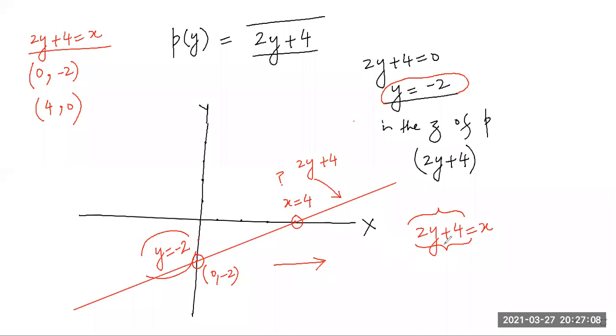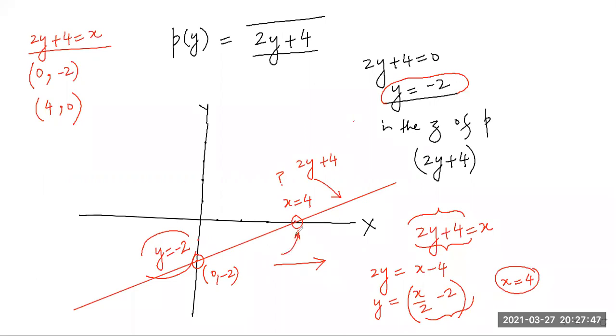What does that mean? You write this polynomial in terms of x, like 2y is equal to, take 4 on the other side, x minus 4. And then what is y? Y is equal to x by 2 minus 2. You know, students, you have another polynomial, x by 2 minus 2. Can you tell what will be the 0 of this x by 2 minus 2? 4. Yeah. Let us say x is equal to 4 is the 0 of this, which has been represented by this.